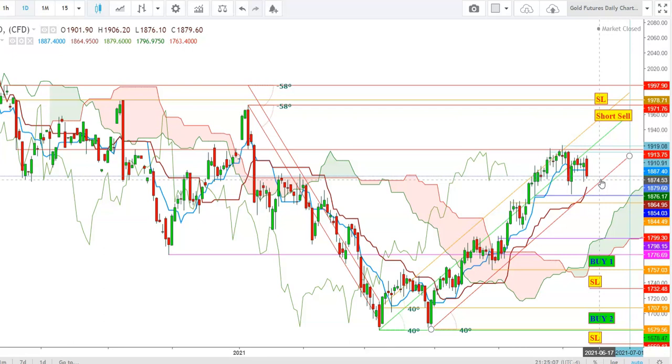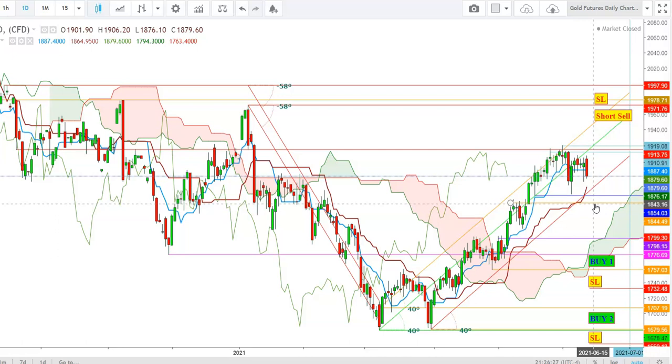So friends, here I find that the gold could remain very volatile, and if the Fed comes with any negative news, whether the inflation is transitory or a permanent phenomenon, we'll see the gold futures remain under bearish pressure. And here I find that a sustained move of gold futures below the lows of $1843